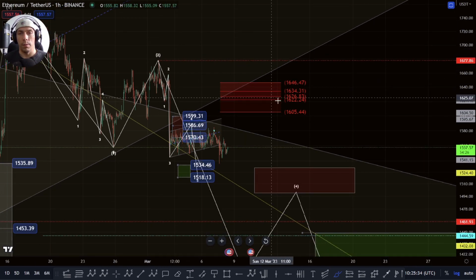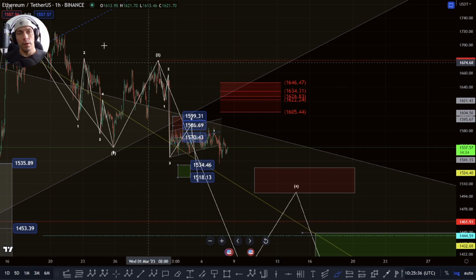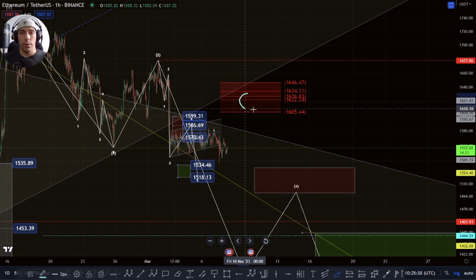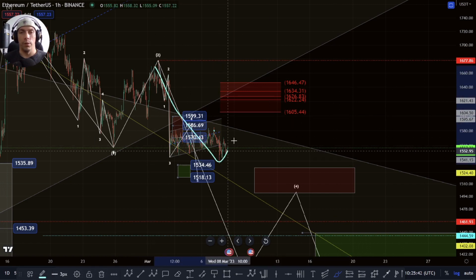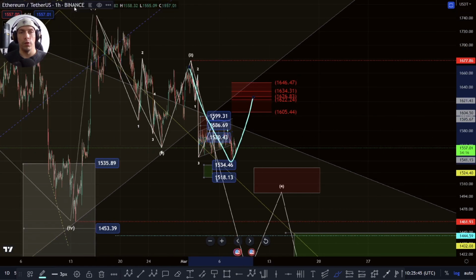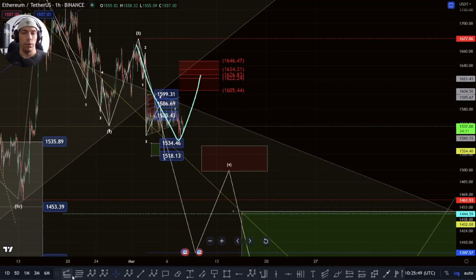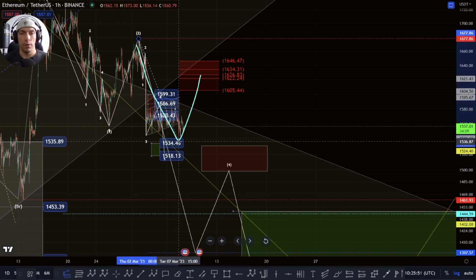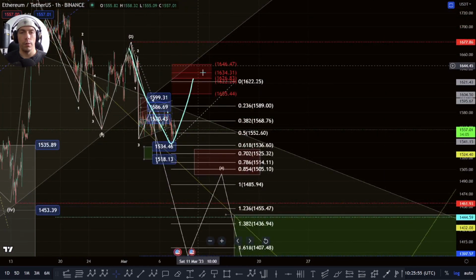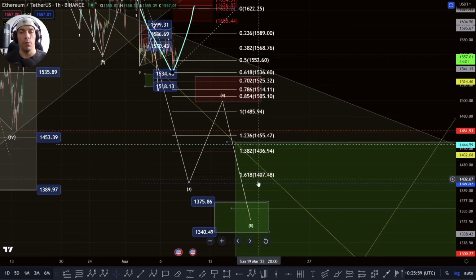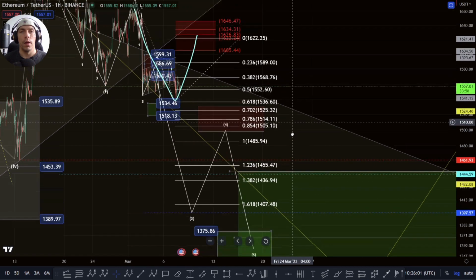If we factor in the diagonal line down here, potentially we could see a rejection off of that, and then this could actually set us up for an additional 1 and a 2 here, in which case we'd have 1 2 1 2, and then we'd be looking for that much deeper drop. If we had to confirm this, we'd be looking for, obviously this is speculative, we don't have the wave structure yet, and we could do a lot of things here like we discussed, but a move past this 1407